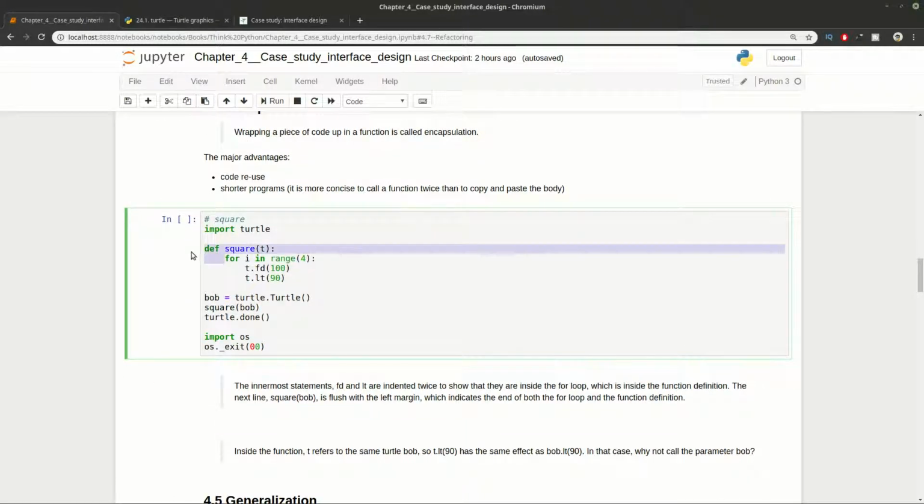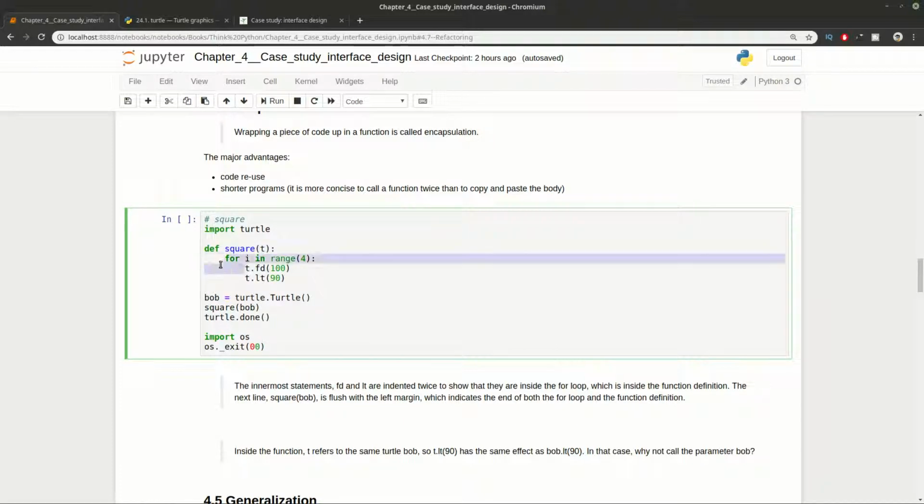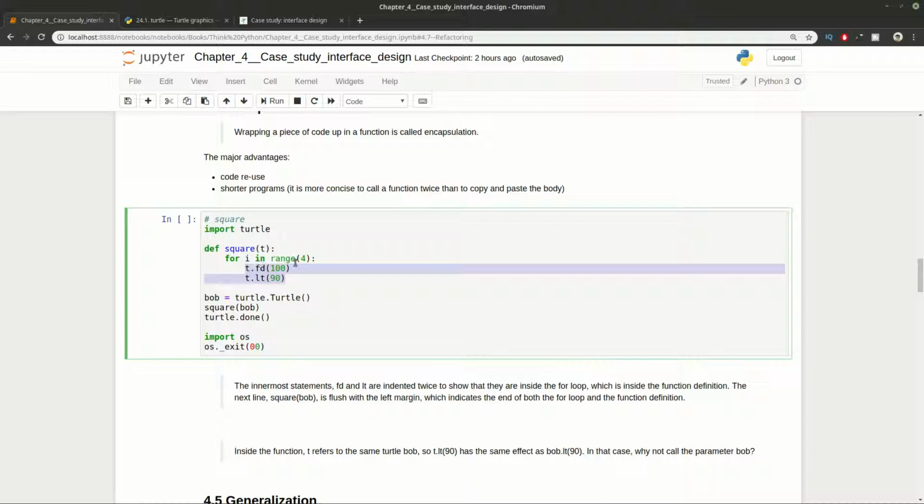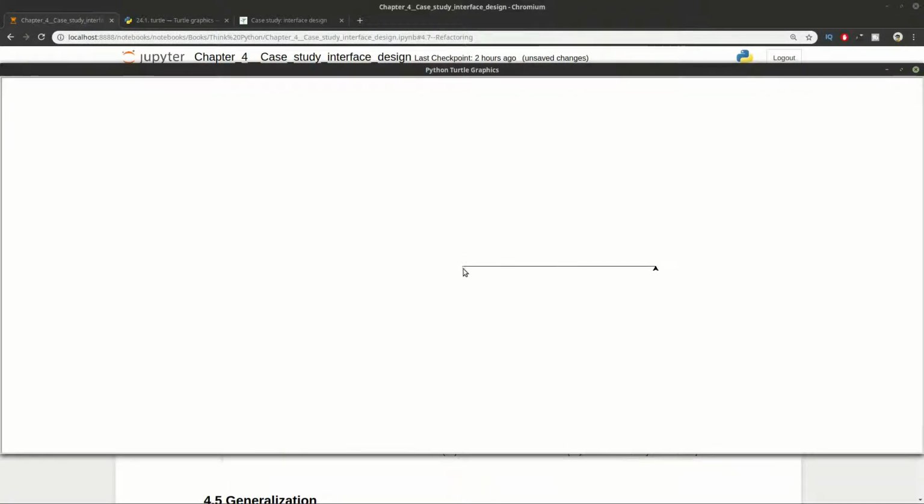Also, you can notice that we have some indents here, which define the statements, and with this we are saying that these two statements are part of the for loop. If you change the indentation, for example, if we do this, we are going to get a different result, as you can see right now, because we are drawing forward 4 times and turning only once. That's why the pen is showing up.